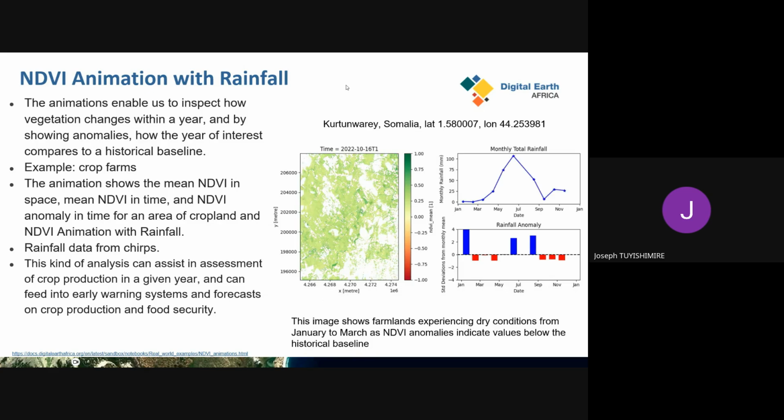This was in Katunuare, and we can try to understand the trend in vegetation health, but also we can compare it with the rainfall, just checking what is the effect of the rainfall on the vegetation trends over time, as you can see.